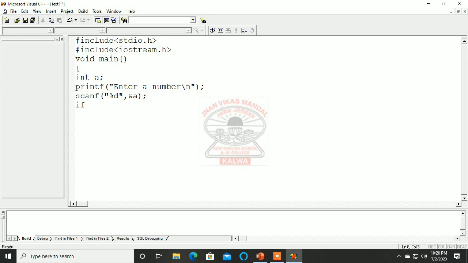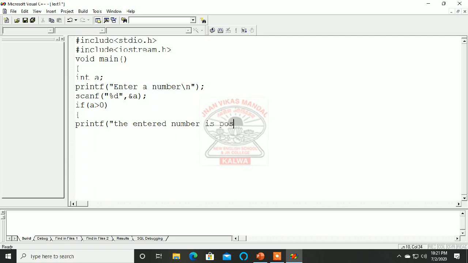I will check if a is equal to, let's say 0, or okay, I will write here if a is greater than 0. Then I will write some statements. If it is true, then I will write here printf, the entered number is positive.